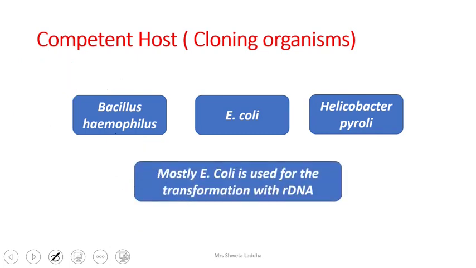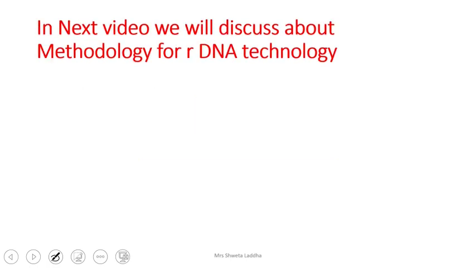So mostly E. coli is used for this type of transformation with rDNA. It is very easy to culture the bacteria, so basically they are used as a host for cloning and getting the desired product with the help of the transgenic cell or transgenic animal or anything. It can be a transgenic plant, a transgenic animal, or a transgenic microorganism, and so on. How this recombinant DNA is done, I'm going to discuss the entire methodology for rDNA technology in